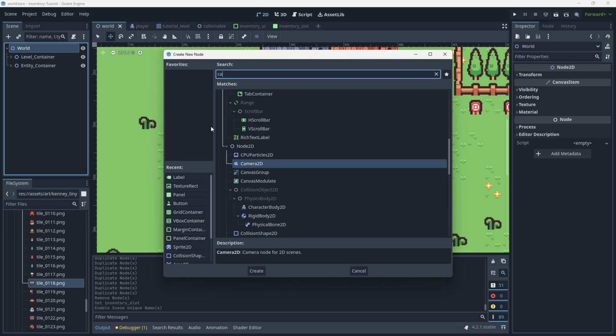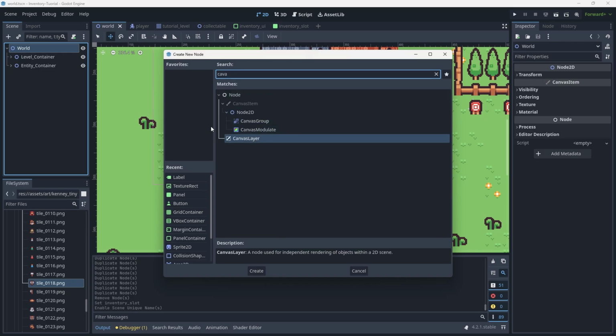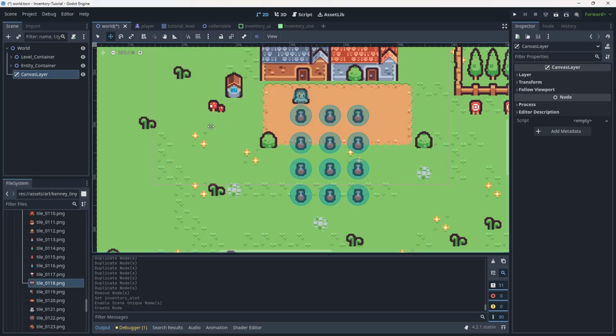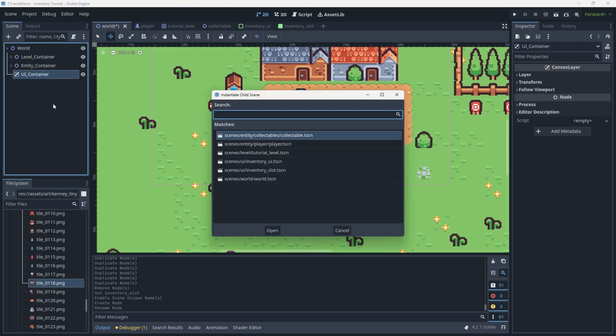canvas layer. There we go. So canvas layers are, it says here, a node used for independent rendering of objects within a 2D scene. So things we want to use for UI. Now I'm going to rename this canvas layer to UI underscore container. There we go. And now I'm going to use Control Shift A, and I'm going to add the inventory UI